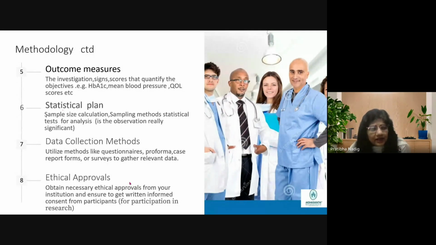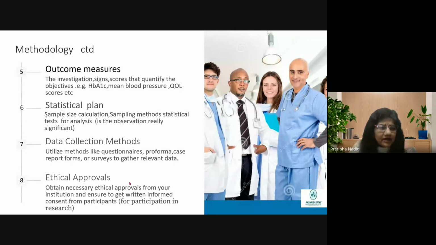So statistical tests will tell us how significant our observation is. Always we indicate it in a p-value. What is that p-value? We say p less than 0.01, 0.05. That says the probability of occurrence of the observed effect by chance. The probability of occurrence of such an observation by chance is less than 5%. Mostly it is due to the intervention, or mostly it is real; the chance or error is less than 5%. So therefore statistics is very important.